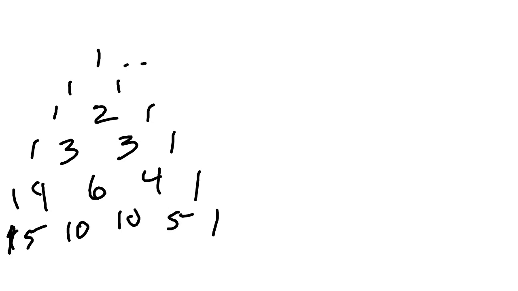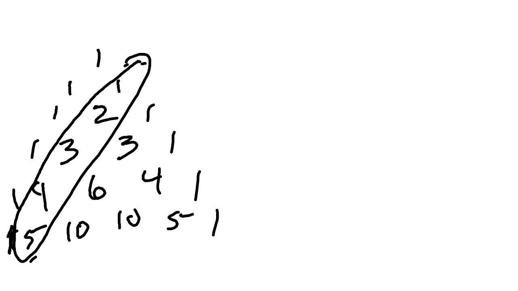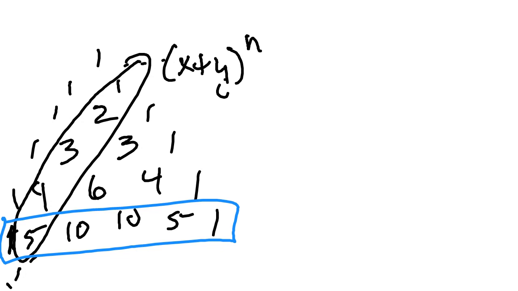And really along this, and I didn't say, this is the degree. So this would be like x plus y to the nth power, where n is given by these numbers. So this row right here is the coefficient. So 1, 5, 10, 10, 5, 1 is the coefficient of x plus y to the nth